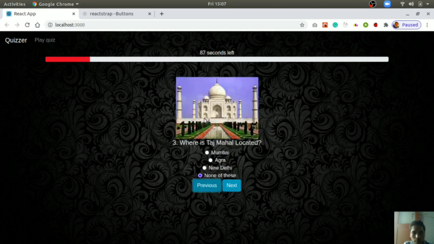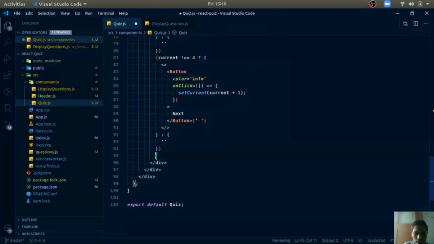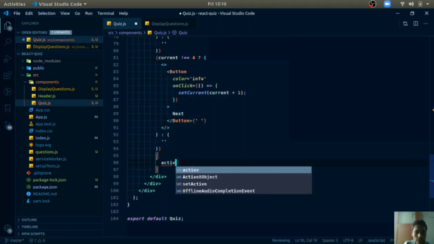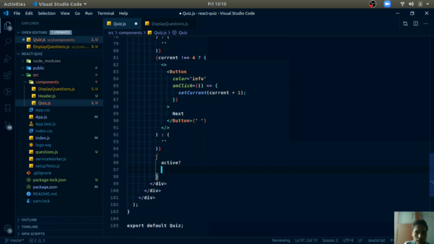button. Okay, similarly create another button here for submit. Use conditional rendering because only when it is active do we need to show that button, otherwise the button should disappear. So we will display that button.